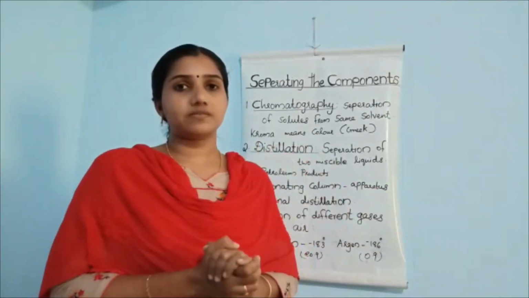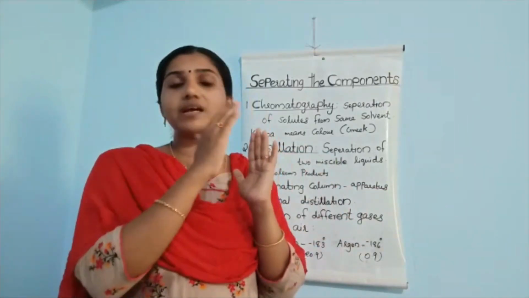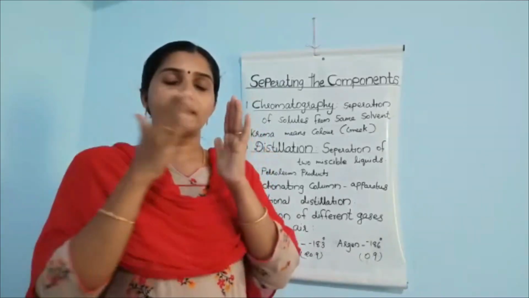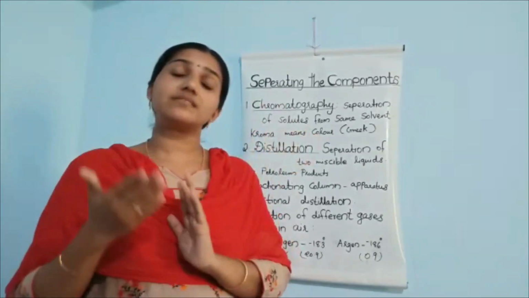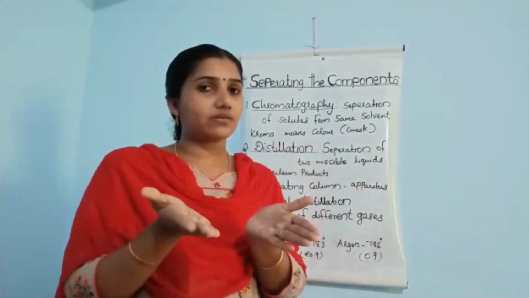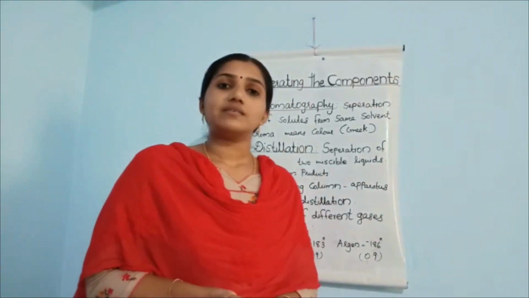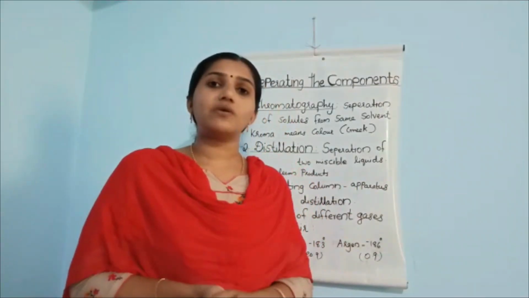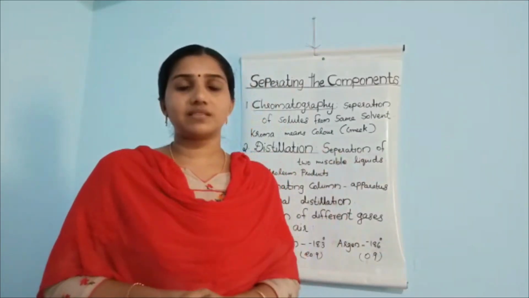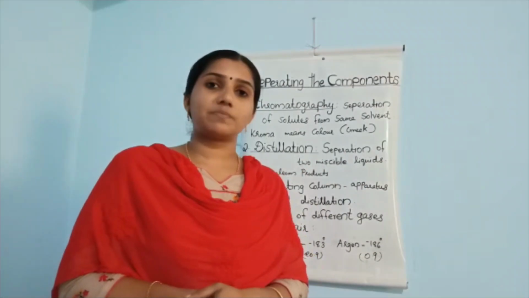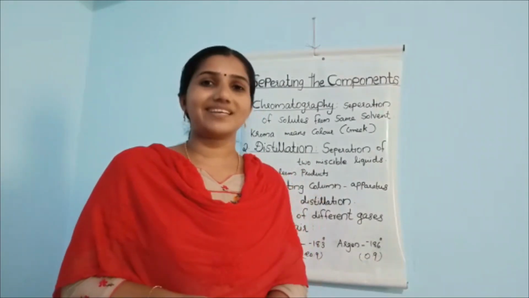And this is how, very easily, the hot air is going and cooling and condensing, and slowly coming, and from that carbon dioxide gas, nitrogen gas and argon gas are all separating and going outside, and finally we get oxygen. So these are the things we studied today. Which are the things we studied? We have studied chromatography, distillation methods, fractional distillation, and just now we studied how to separate gases from the air. Okay children, thank you.